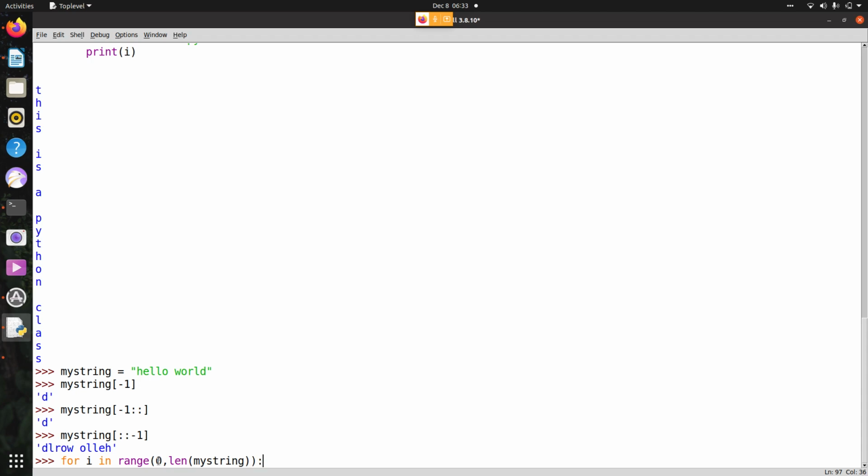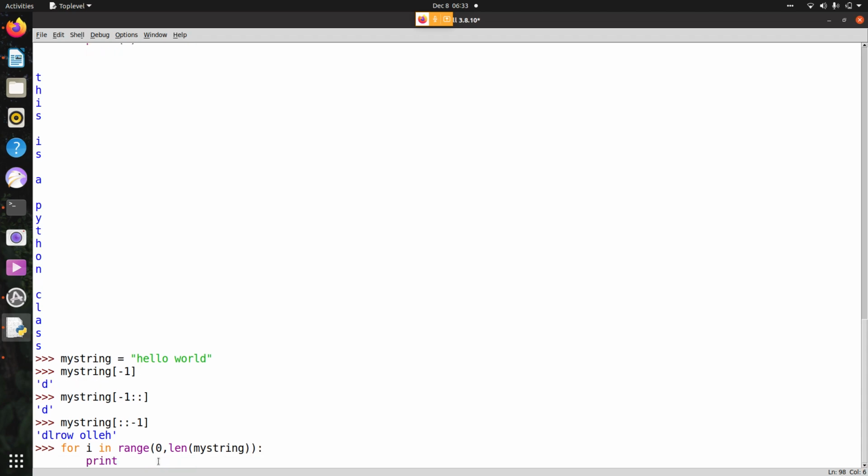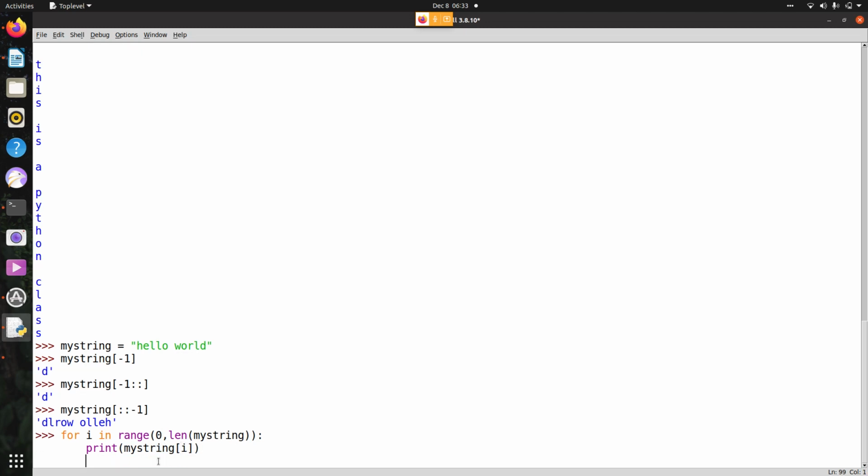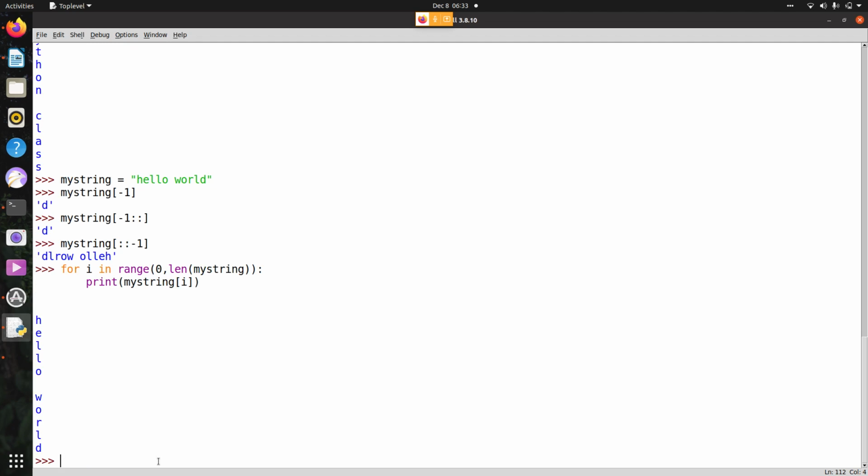First what we will do, we will say print my string, in bracket we will keep i. It is printing from starting. This logic, this one you know, H, after that E, after that L, like that.